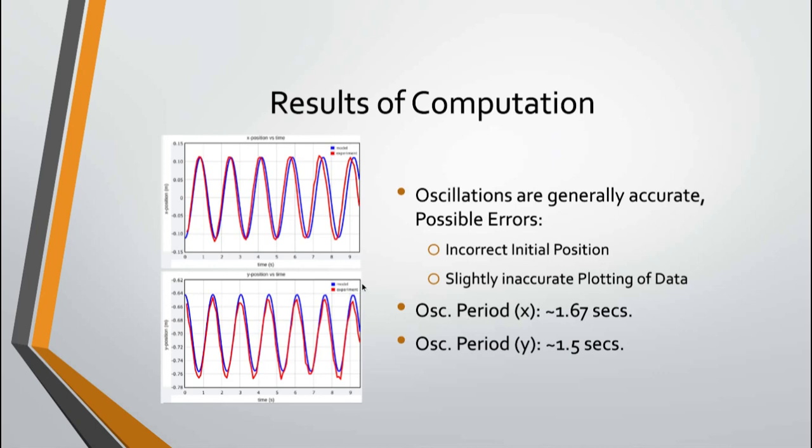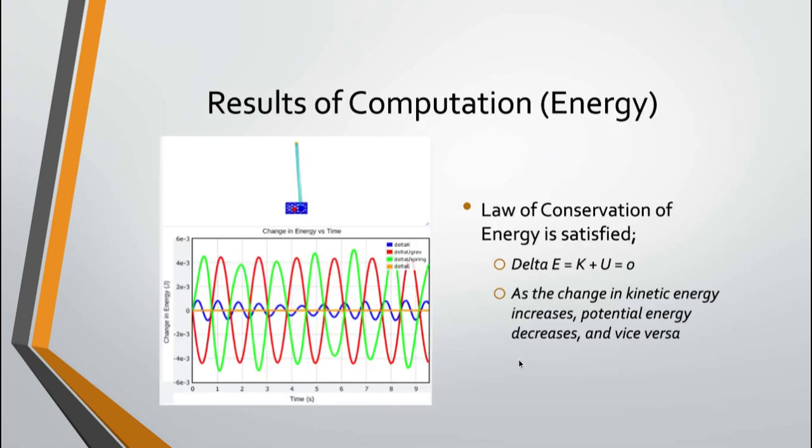The oscillation period, you can figure out by either taking multiple oscillation periods and dividing the time that it took to do those periods by the number of periods, or just doing a single one. Here I just took the average, and for the x direction it was around 1.67 seconds, and the y direction 1.5 seconds. And so the results for the energy, delta E equals 0, so it checks out the law